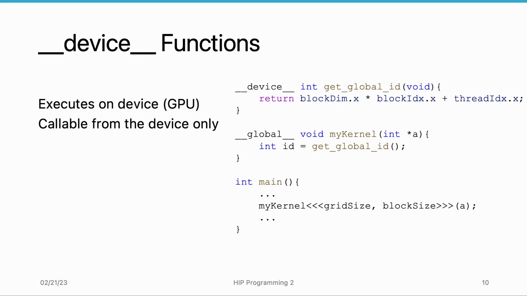In this example, the first block contains a definition of a device function getGlobalId that calculates the global index of the thread within a block of threads and returns a value. In the second block, the myKernel function is declared with the global qualifier, which means it is a kernel function that can be executed on the GPU as a parallel computation. This myKernel function calculates the global index of the thread using the getGlobalId function and stores it in the id variable. Finally, the third block contains the main function which launches the kernel. In this way, multiple GPU functions can reuse the computation in the device function